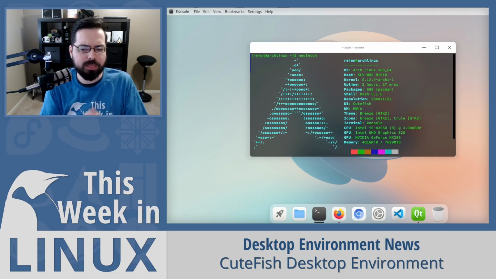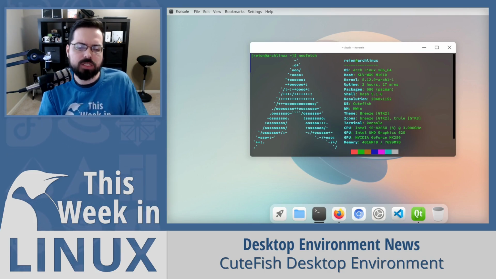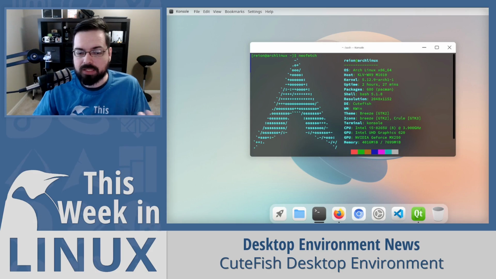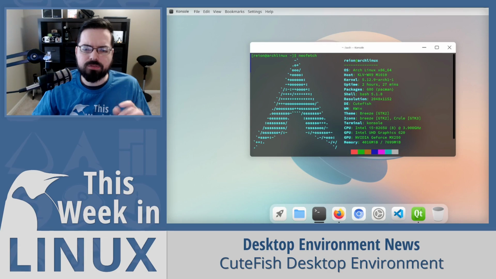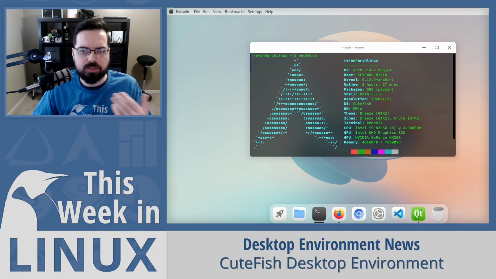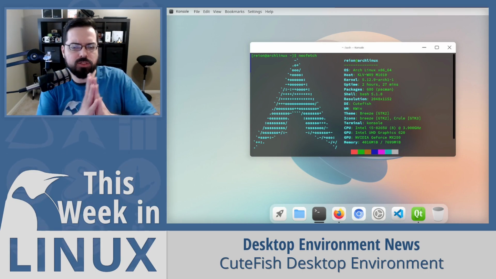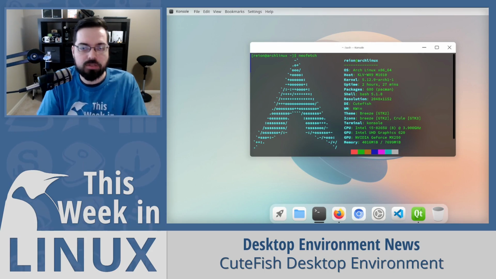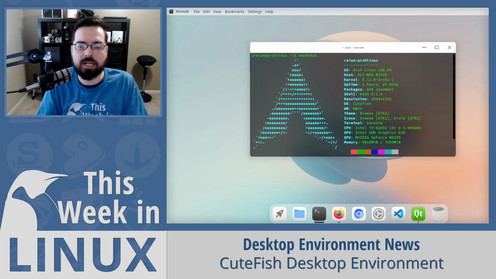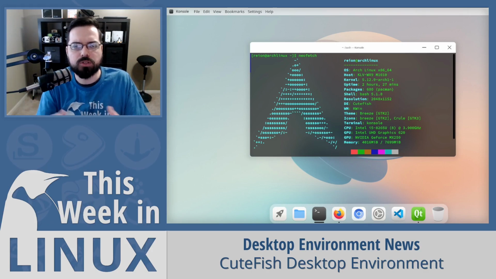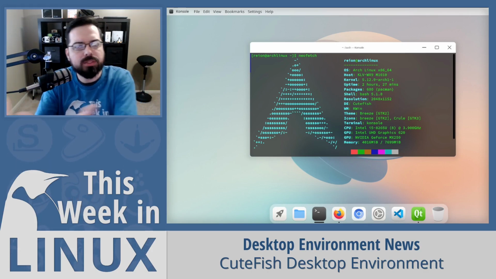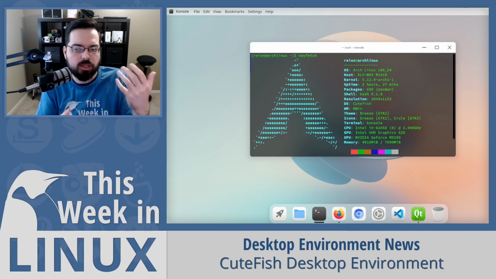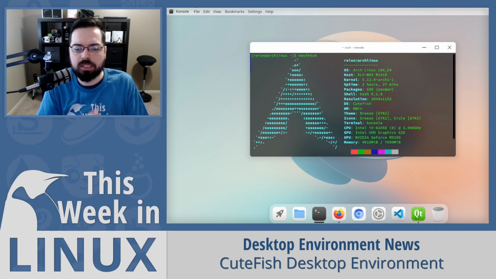Now, at the moment, it appears the only way to try out CuteFishDE is via Arch Linux, as there are not any other downloads on their website. I couldn't find the instructions to do it. So if you're not familiar with Arch Linux, it might be a little bit more difficult to try it out, so I would say just wait until they have something to download. But if you are an Arch Linux user, then you can check out the links in the show notes. I will also keep you up to date on future episodes of TWIL once we have the ability to more easily try out the CuteFish OS or the CuteFishDE.